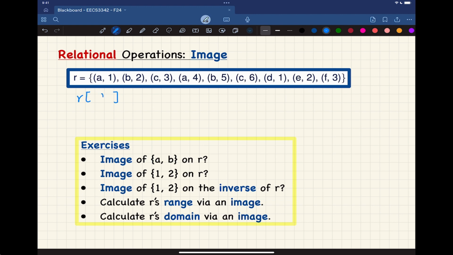By the way, is this the right notation? Not really, right? It's not a set. Instead, I'm going to put a set here. A, B. All right, so this is the S that we're talking about. This is the little s that you will see in the definition. Okay? Now, by definition,